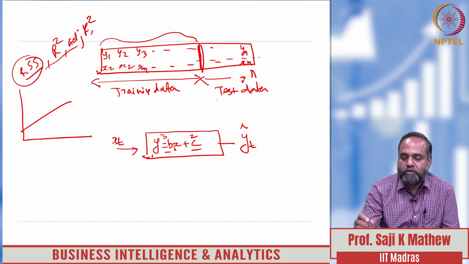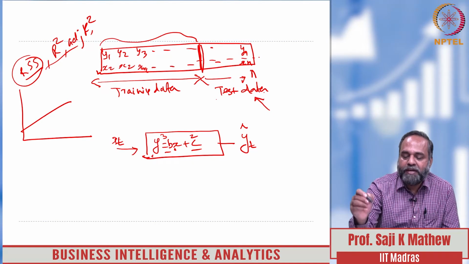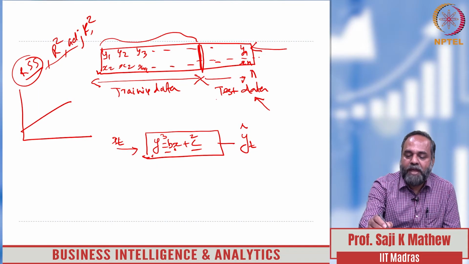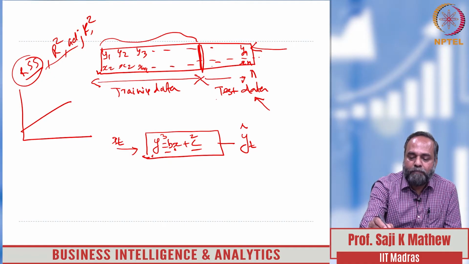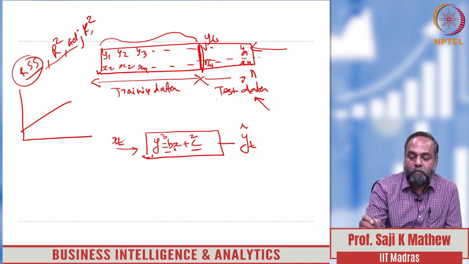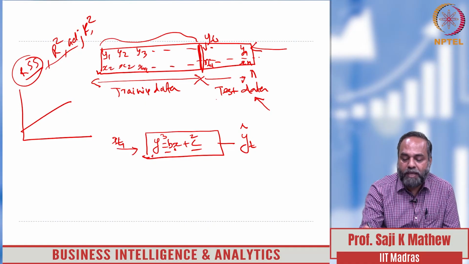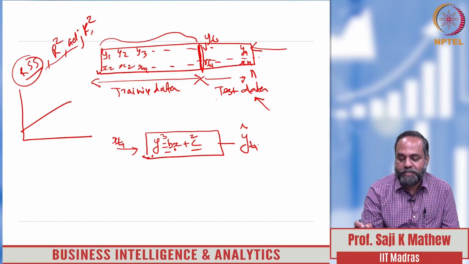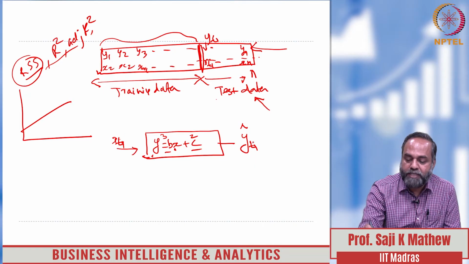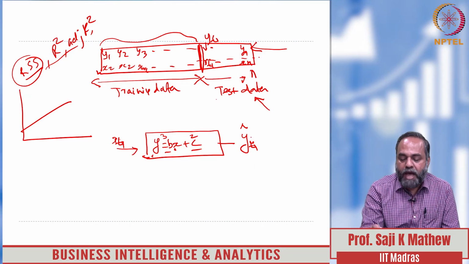Okay, now you have another error which you can compute here, because you have the actual y's here. When the model predicts for the point, suppose this is x t1 and this is y t1. When I input x t1, the model predicts y t1. That is the predicted y t1. So for any x ti which I input, there is a corresponding predicted y ti, and therefore I am in